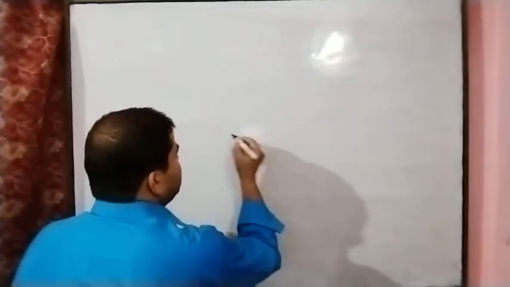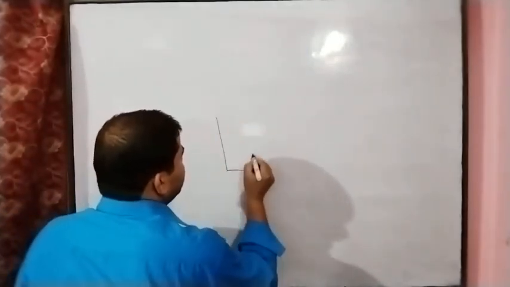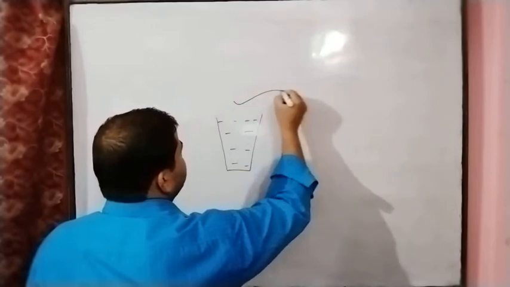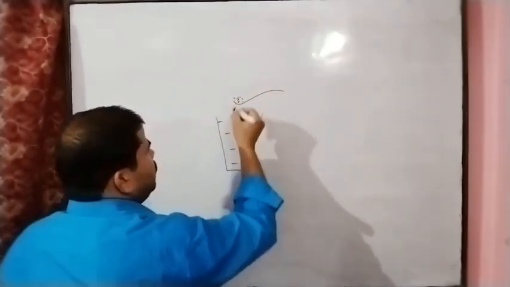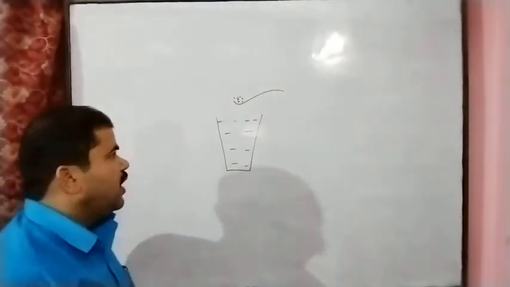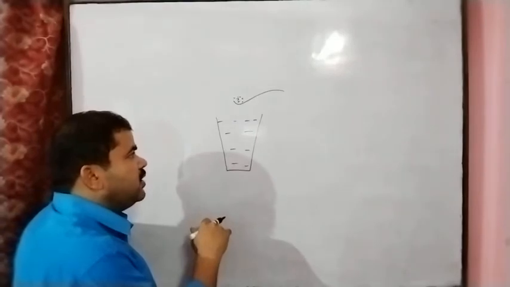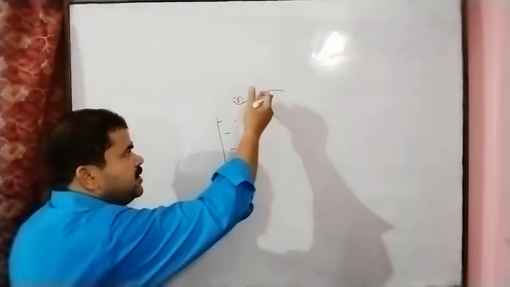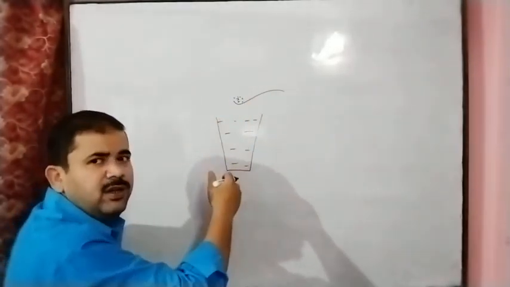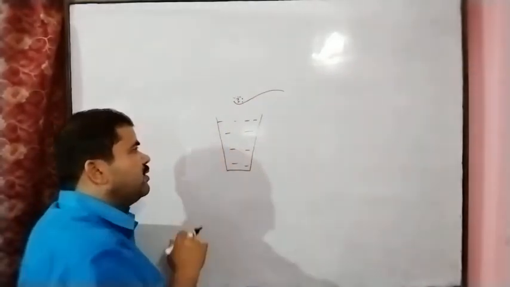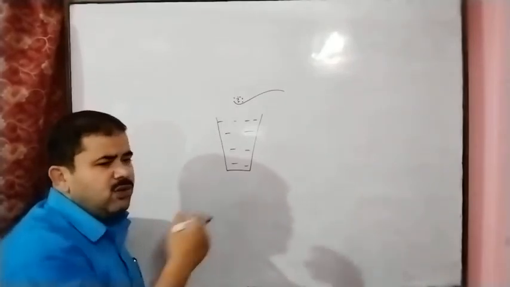For example, sugar solution. If we make the sugar solution by taking 1 glass of water and mixing in 1 spoonful of sugar, we can say this is the sugar solution. We can also make the sugar solution by mixing more than 1 spoonful of sugar, means 2 spoonfuls of sugar in 1 glass of water, 3 spoonfuls, or 5 spoonfuls of sugar in 1 glass of water. We can say these are all sugar solutions.